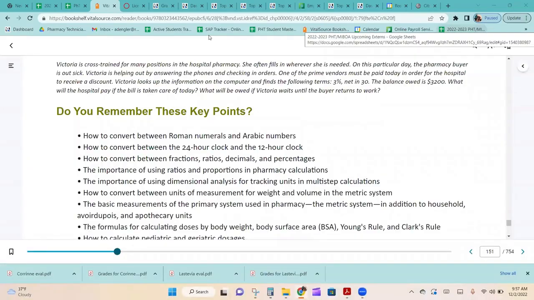All right, so that's it for chapter 6. Please don't let this overwhelm you. If you've already taken the math mod, this is nothing new. This is all review for you. If you are new or haven't taken the math mod yet, this is just going to prepare you for the math mod. The type of math that we're doing in this chapter is literally pretty much all the math we're going to learn